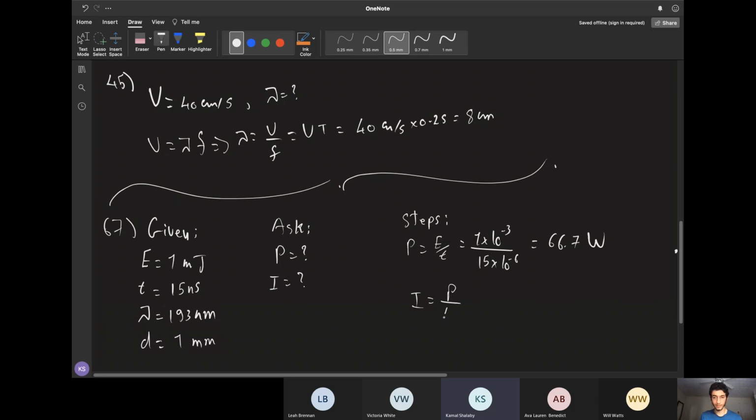So we have P over A. So that will be equal to P, and our A, since it is a circle, is going to be pi d over 2 all squared. So it's going to be 6.7 over pi times 1 times 10 to the power of -3 over 2 all squared, and that will equal to